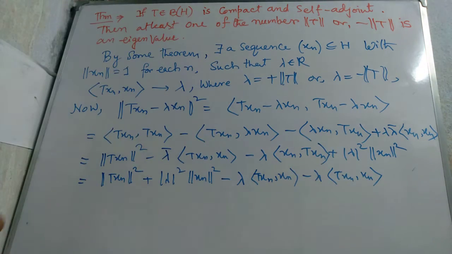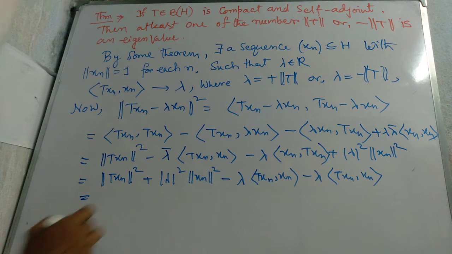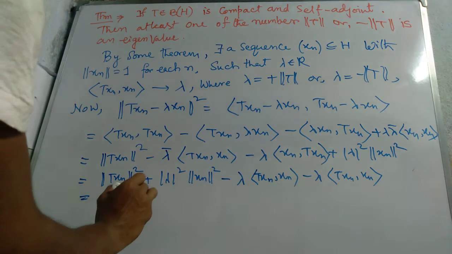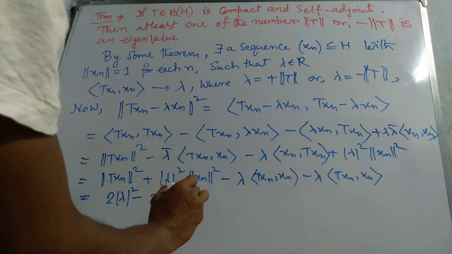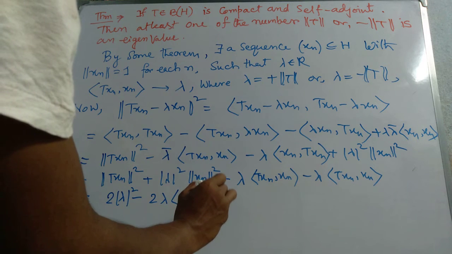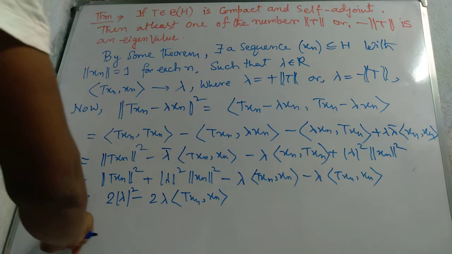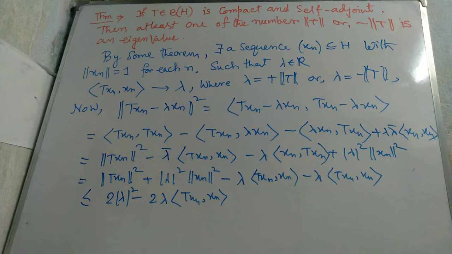This one self-adjoint, and then what we get here: 2 lambda squared difference 2 lambda norm of Tx_n, x_n. Okay, now lambda equal to norm of T, so this one is 2 less than or equal to this one, less than or equal to this. Okay,